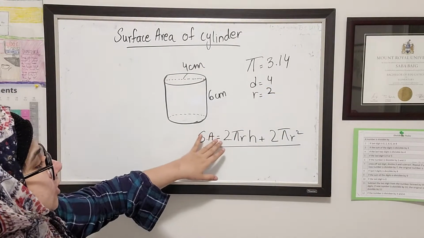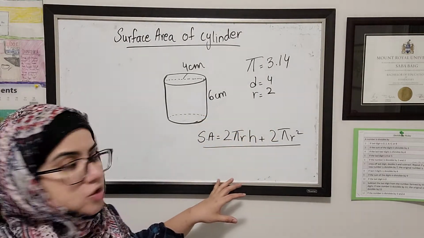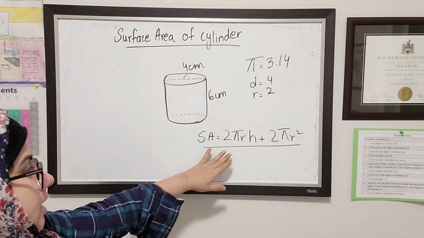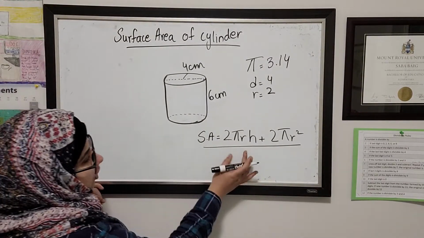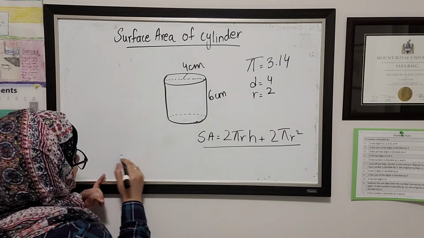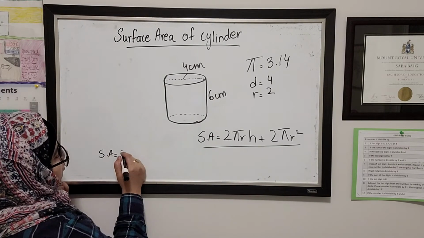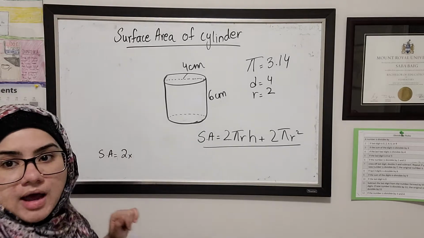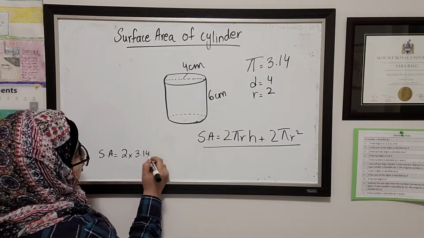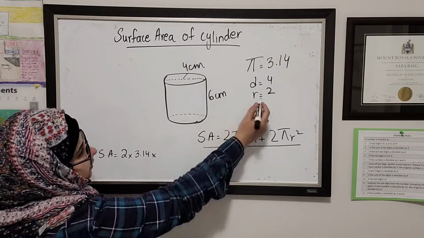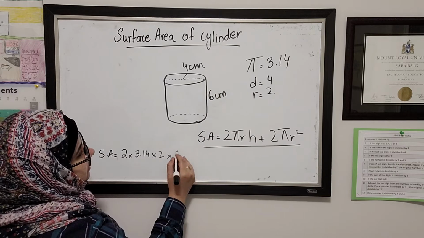So now we're going to start inserting the values into the equation. It's very easy to find the area of a cylinder using the formula. I'm going to start from here. 2 times pi, and we all know pi is 3.14, times r. R is the radius, that's 2, times height. What is the height? Height is 6. Plus